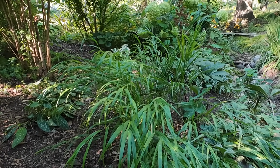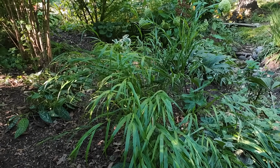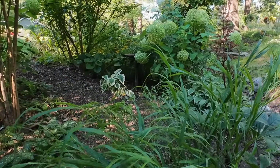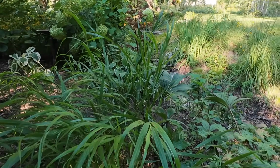This was one called like Benny something. I'm pretty sure this is another one that has reverted. So I've had some revert. I had a whole discussion on Instagram with people about reversion. I had some that reverted over in the other garden, but to me this now is looking much like the